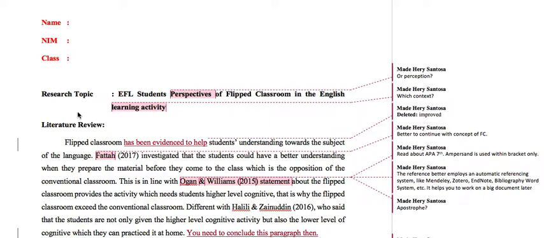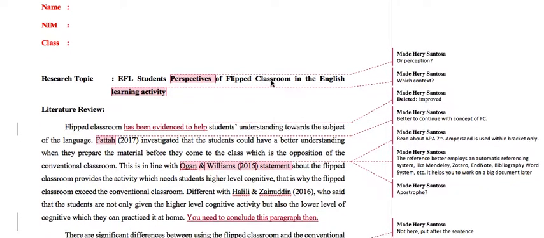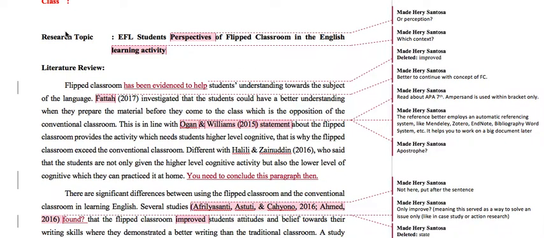I already hid the identity here, so you don't need to know who the writer is, but I want you to focus on the way it is written and the way I gave feedback. Please focus on which components from your friend's writing need to be emphasized and revised in your own work later on. The first one is about EFL students' perspective of flipped classroom in the